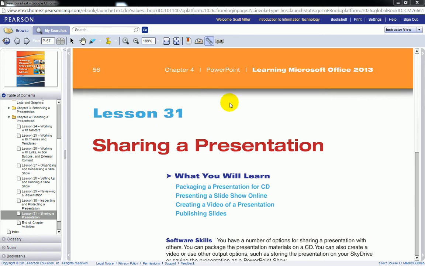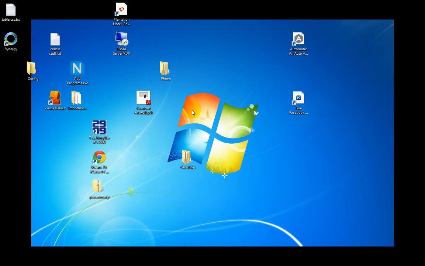In Lesson 31, we could open our files from the book. However, this file is quite large. It's got some media in it, and the internet could be a bit slow, which could cause for a slow opening of the file. So we're going to go ahead and just open this file from our class files folder. So I'm going to minimize my book, and I'm going to go to class files,